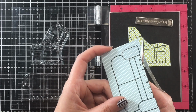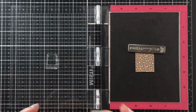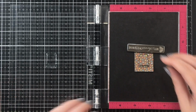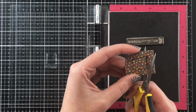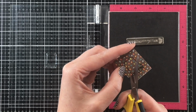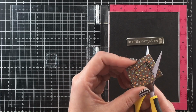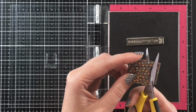When you're cutting your pattern paper for paper piecing, you want to make sure that you're cutting on that black line. I was just showing you a bit of what I was doing, and now I'm going to stamp out the pattern paper for the little throw that I want to have over the couch. For this one, I'm going to cut those tassels off, just cutting on that black line